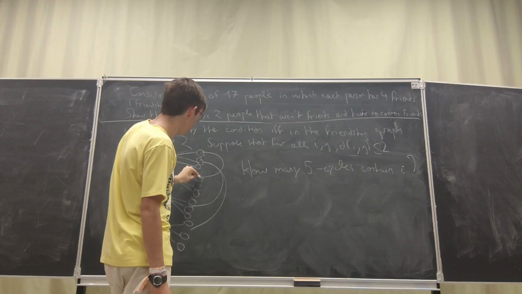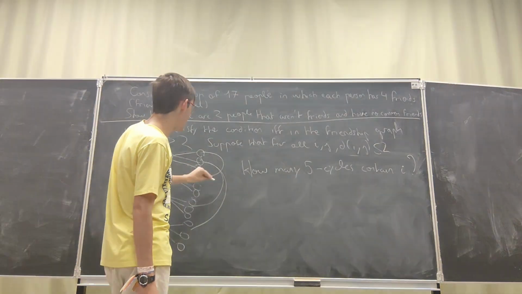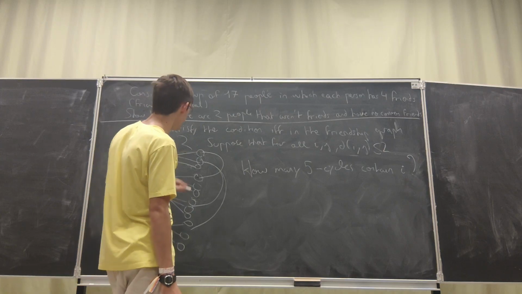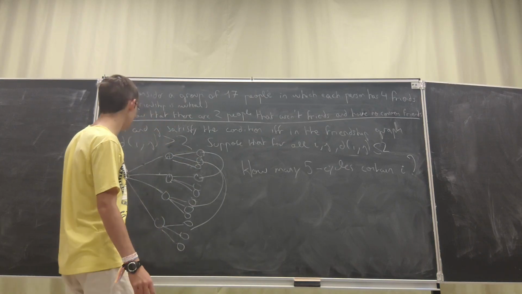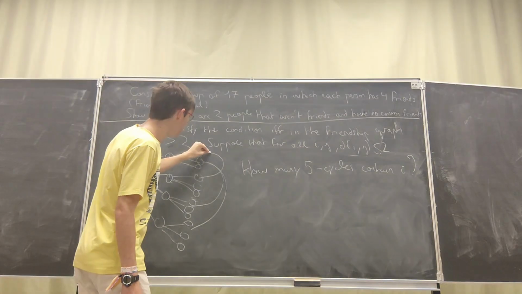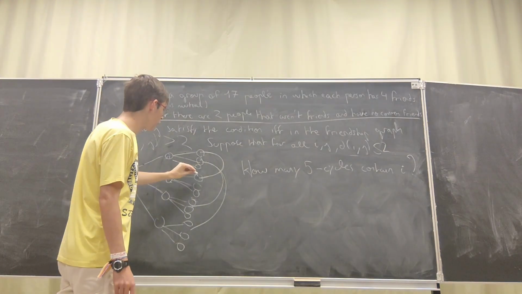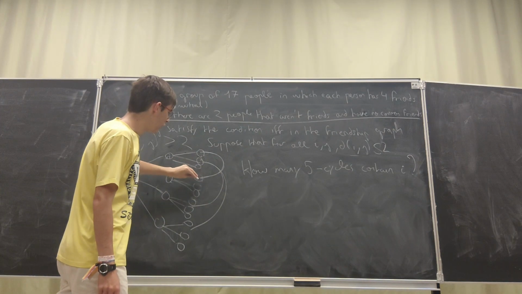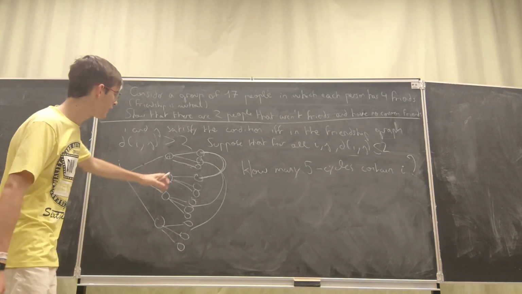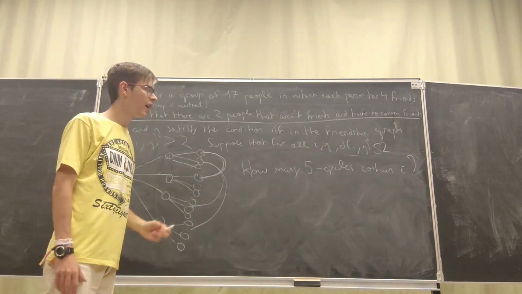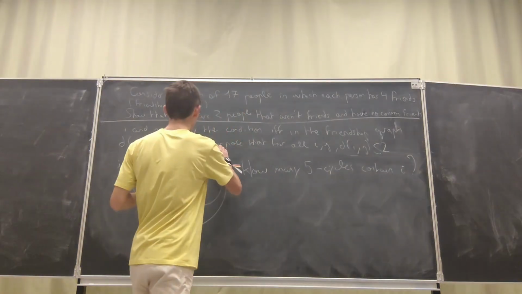Well, then you're also drawing a missing friendship for this guy. So you're actually counting every 5 cycle twice. Like basically I'm saying, okay, I'm adding one 5 cycle, that one 5 cycle that contains person I by drawing this line here. But this also counts as a 5 cycle that I obtained by starting here and drawing this line here, okay? So by just counting all of the missing friendships, I would be counting every 5 cycle twice. So I need to divide the number of